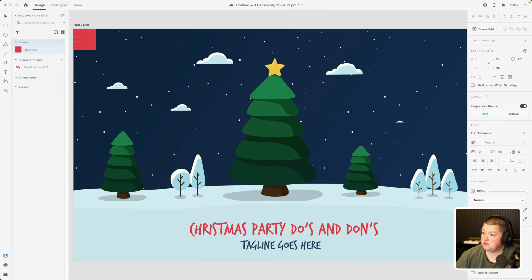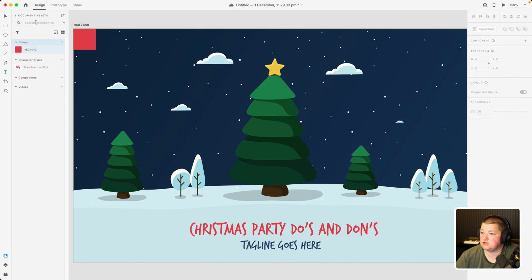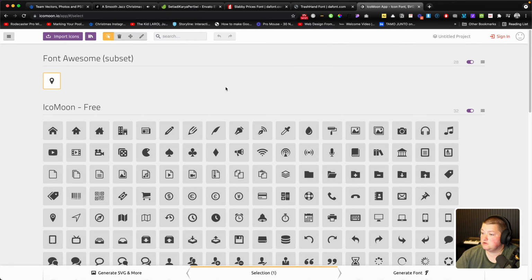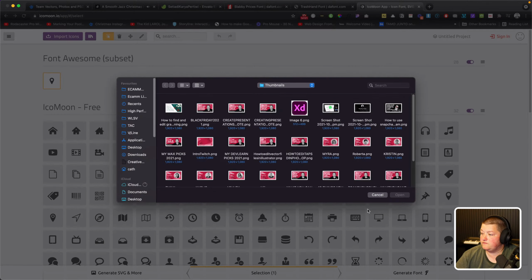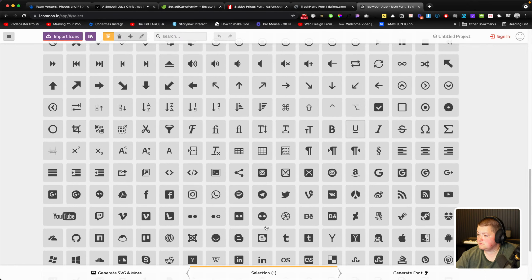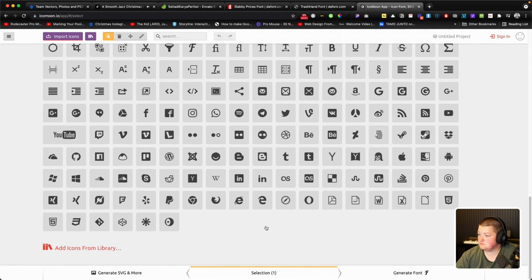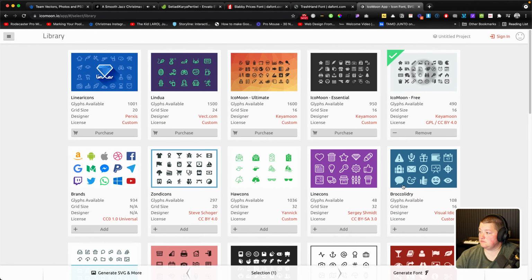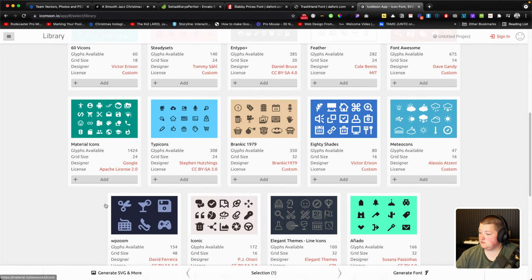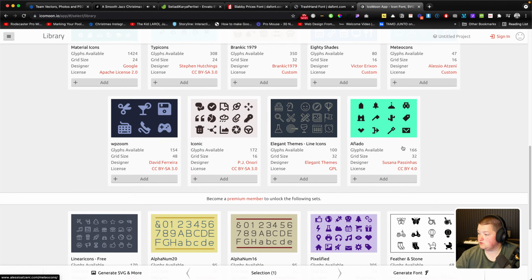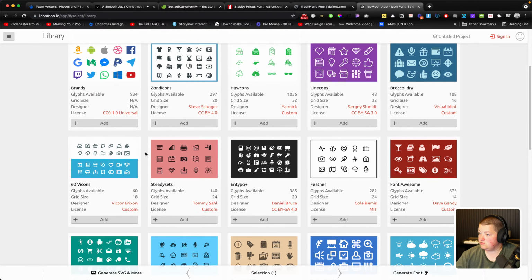Yeah. But for some reason you can't add glyphs to these, so I'm just going to look for Font Awesome. Materials is good as well, but I'm just going to look for